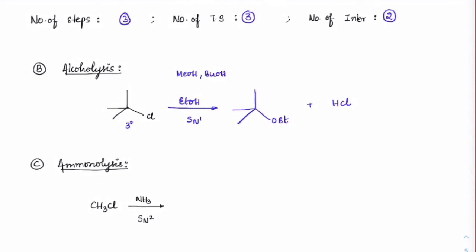Now usually a question that comes to our mind is, sir, if HCl is forming, the lone pair should attack here and a reverse reaction should take place. See, when solvolysis is happening, the solvent is at a very high concentration and the amount of solvent is very high. So the reaction will always tend to be in the forward direction. Le Chatelier's principle.